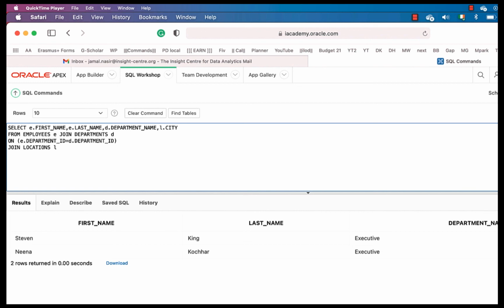Then I have to provide criteria: D.location_id is equal to L.location_id. Now I can execute this query to get results from 3 tables.